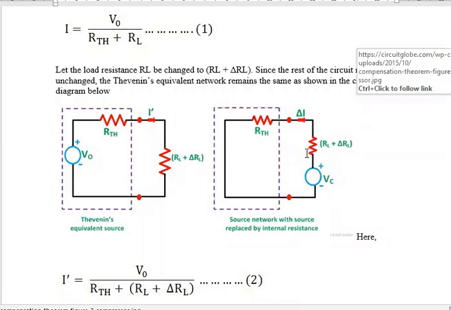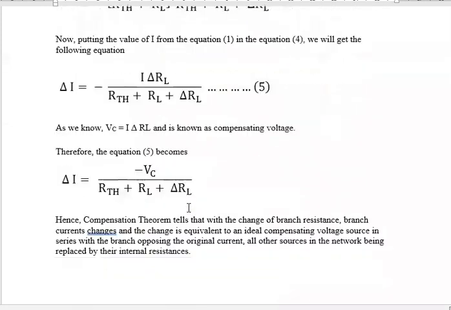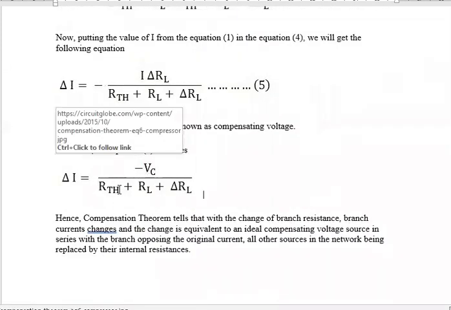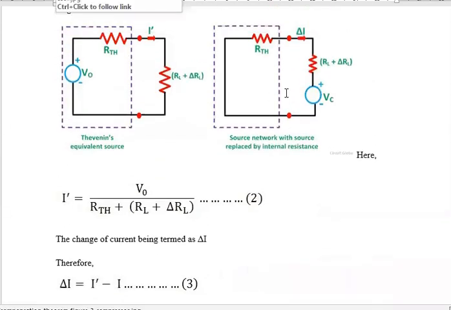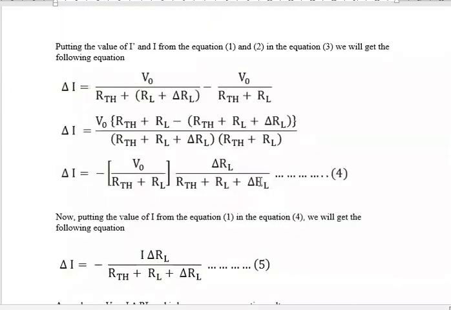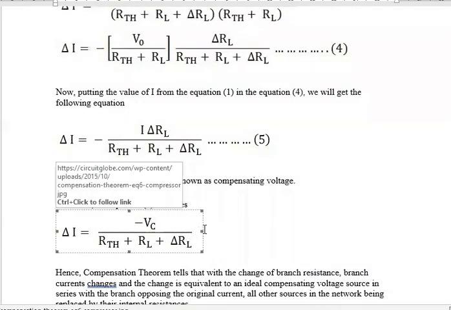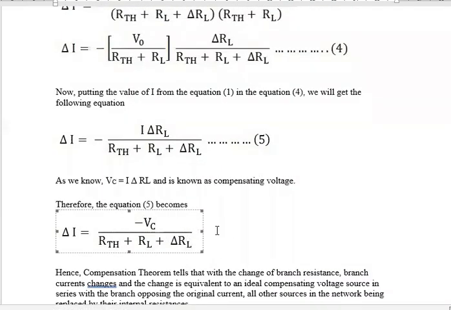Now for this case, just find delta I. How can you find delta I? Simply VC by RTH plus RL plus delta RL. That is the formula that we have got here. So this is the formula to find the change in current in the load resistance due to change in load resistance, and this is the circuit which is drawn from this formula itself. Okay, now let us see the